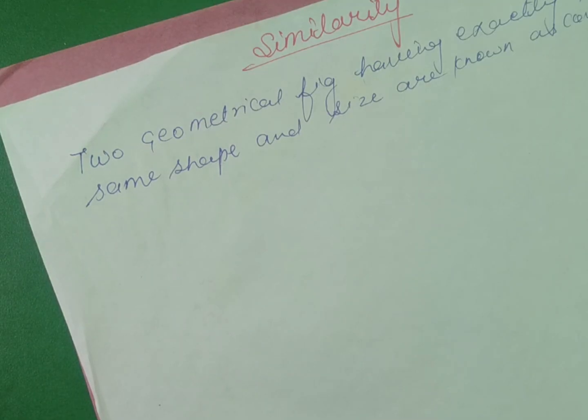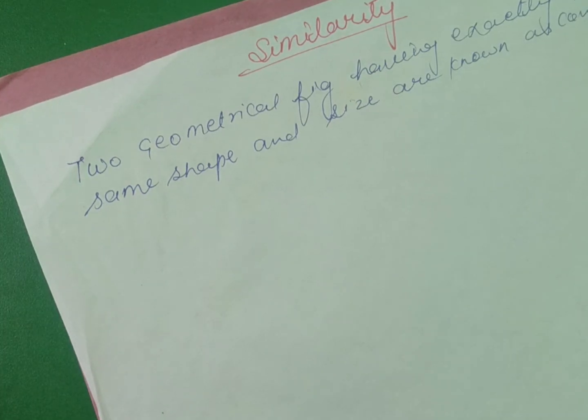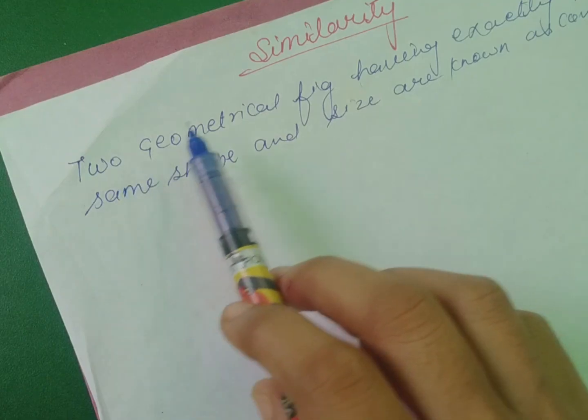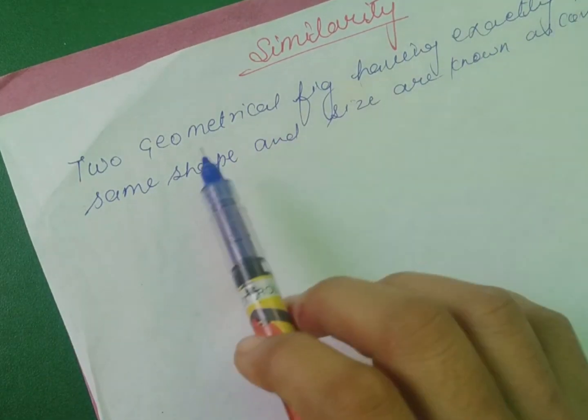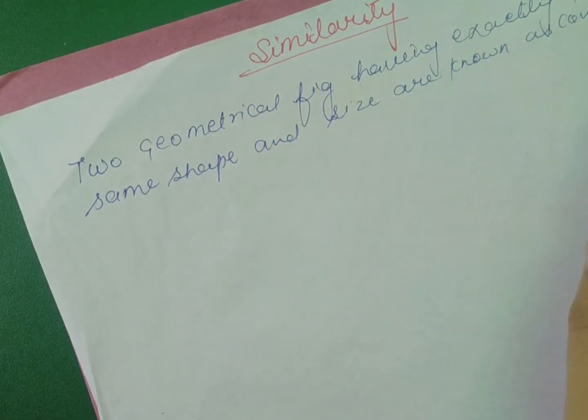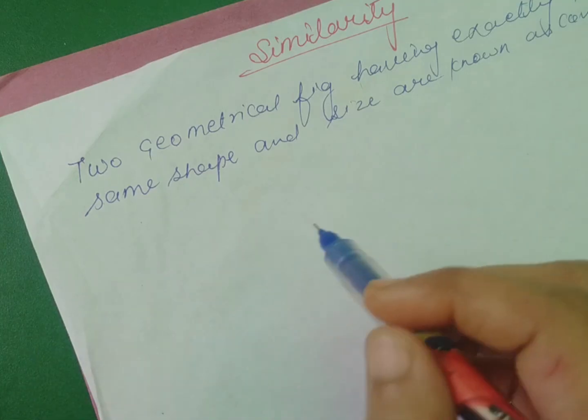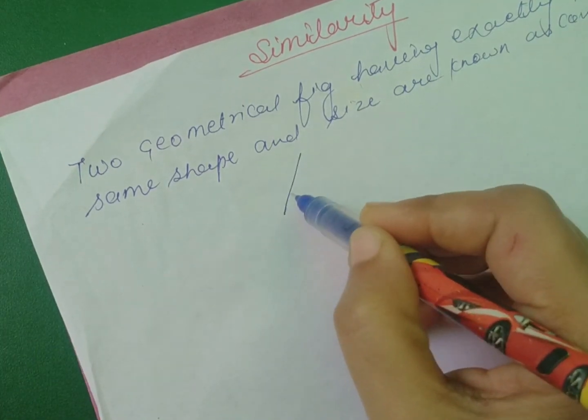Before going through similarity, in the previous class 9th, we already learned about the chapter congruencies. So what is it? Let me define it first. Two geometrical figures having exactly the same shape and size are known as congruent figures. Right? Like there are two triangles